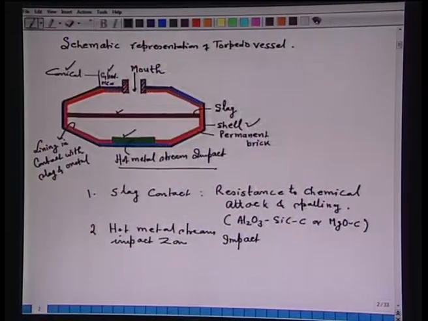So, this is also subjected to the so-called impact of the molten stream. This particular area should have resistance to the impact of the hot metal stream, which is very important in comparison to corrosive action or whatever action